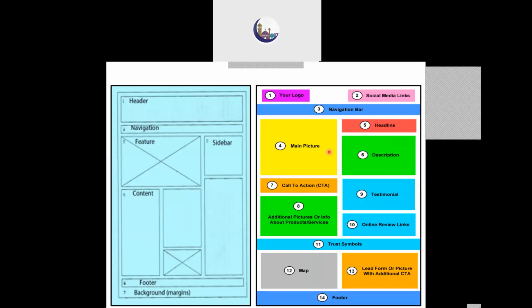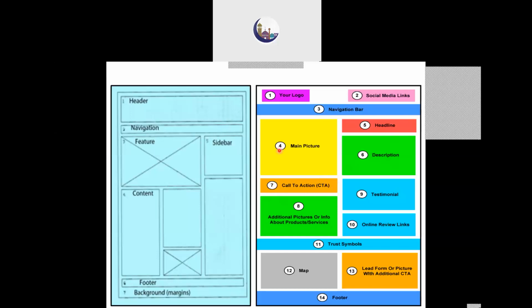When we talk about Facebook, you will have a picture and then a brief about Facebook, and then it will ask you to register or log in. Those register and login are the actions expected to be performed by the user. So those are called call to action buttons. Login and register buttons are called call to action.